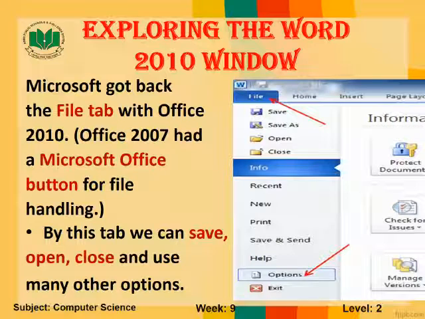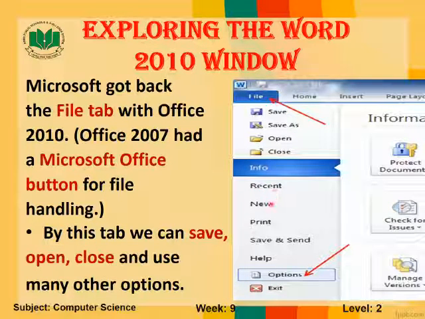Now let's see why we are using File tab. Microsoft got back the File tab with Office 2010. Yes, in Microsoft Office 2010, we have a proper tab for file option. But Office 2007 had a Microsoft Office button for the file handling.